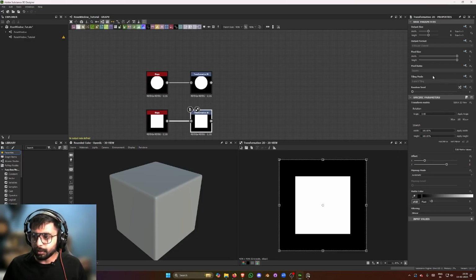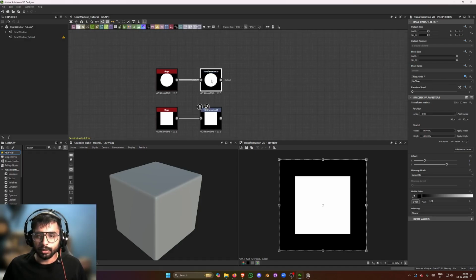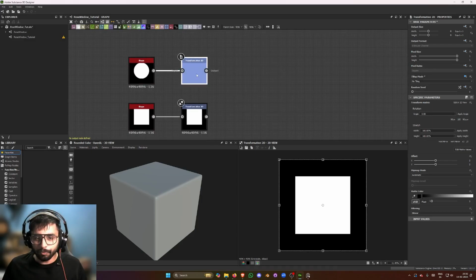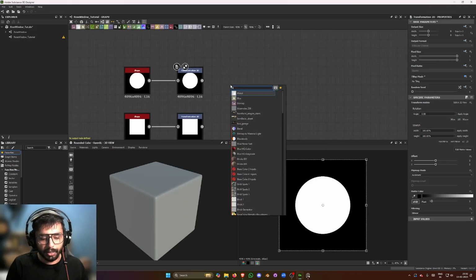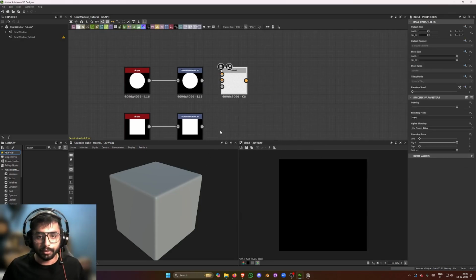If you go here in tiling mode, you can just set the mode to absolute, and then you can turn off the tiling, right, like this. So it's kind of annoying doing it every time to a transform 2D node, but yeah, you can just do that. So I'm gonna blend these two real quick